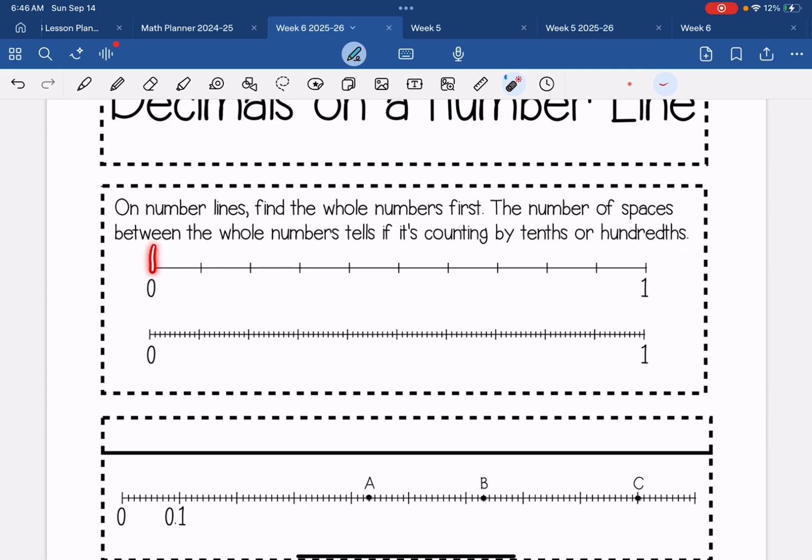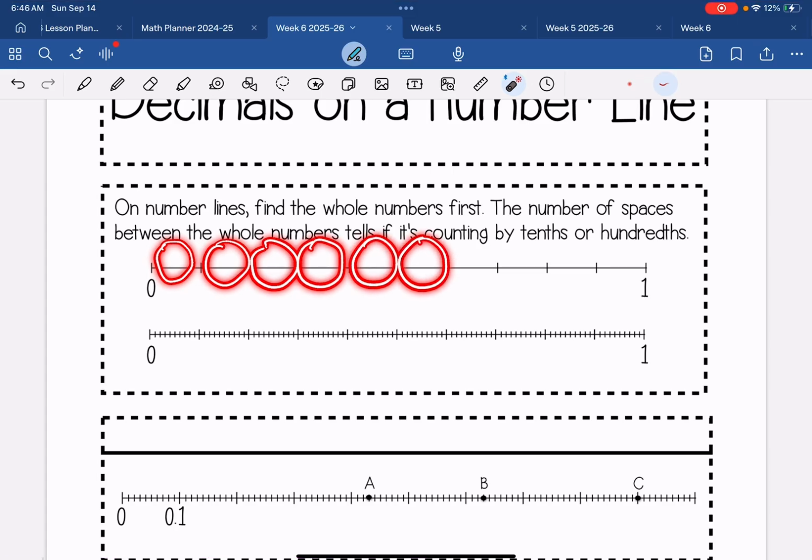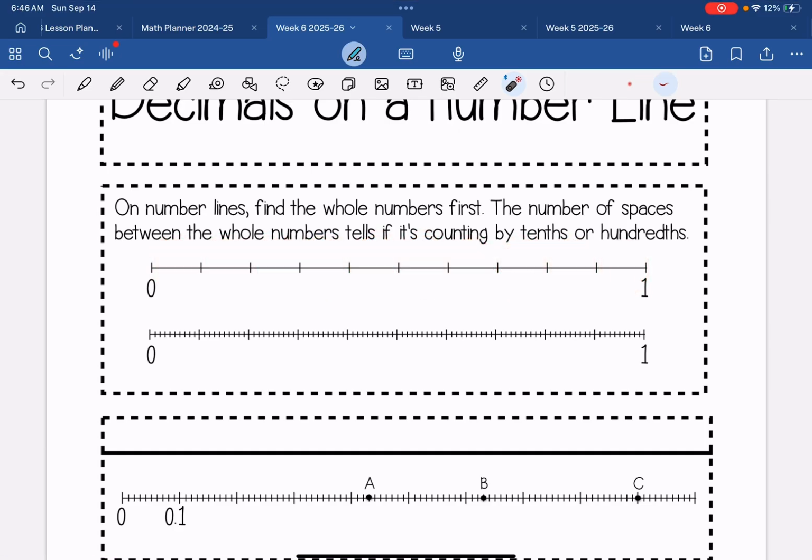So if you look here, from here to here, if we count the spaces, we have 1, 2, 3, 4, 5, 6, 7, 8, 9, 10. So that means we're gonna have tenths. So on your paper, go ahead and write down 1/10 like this. 1/10. Then you have